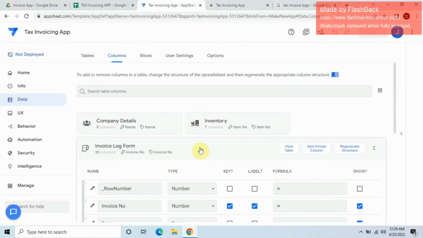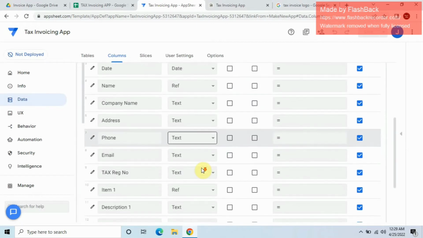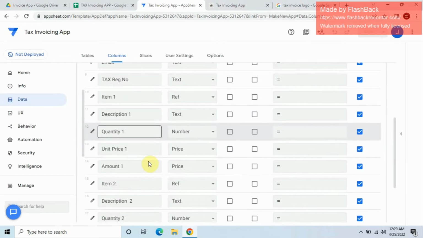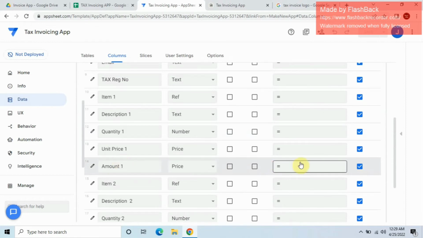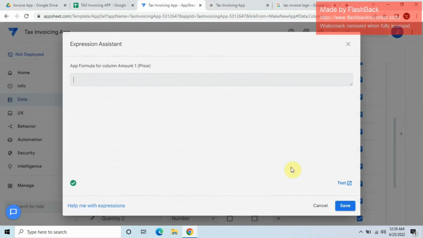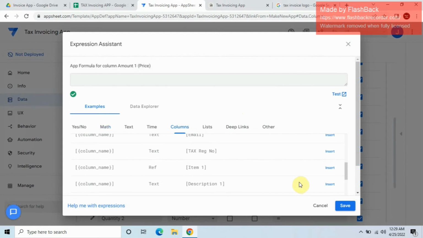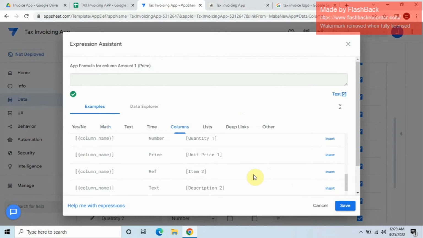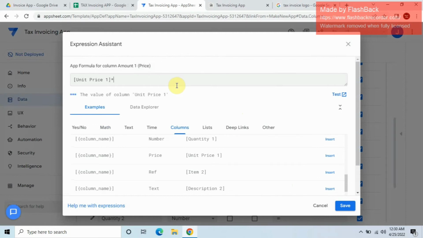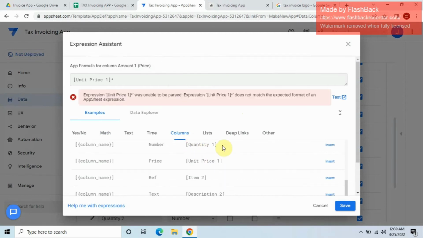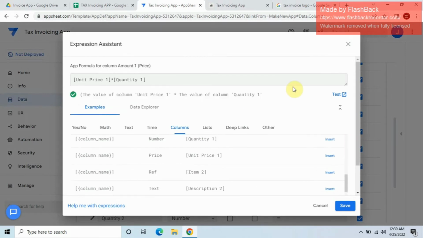So in amount 1 here, you can just do unit price times the quantity. What we're gonna do is go to here, column, look for the unit price 1, which is the first item, then multiply, just asterisk, unit price, and then multiply by quantity 1. Okay,